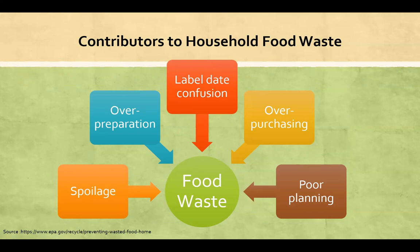We might end up over preparing certain food items, and once we prepare it, that's kind of on a time clock of 3 to 4 days before it needs to be discarded as leftovers. A lot of times we're just confused by the date, and then sometimes food can outright spoil. But I think right here, this is where we see the most opportunity for improvement, because those dates are pretty